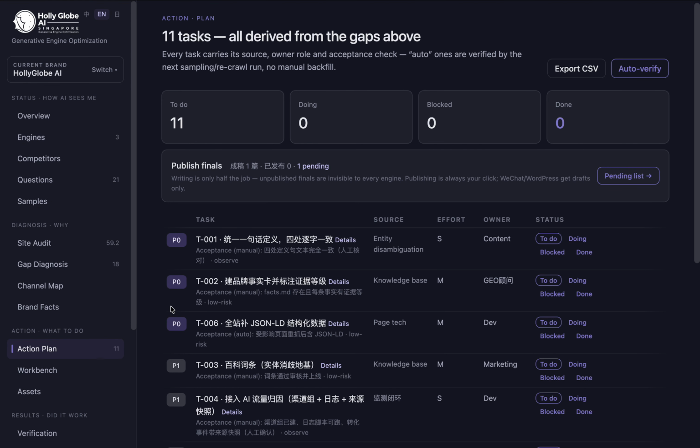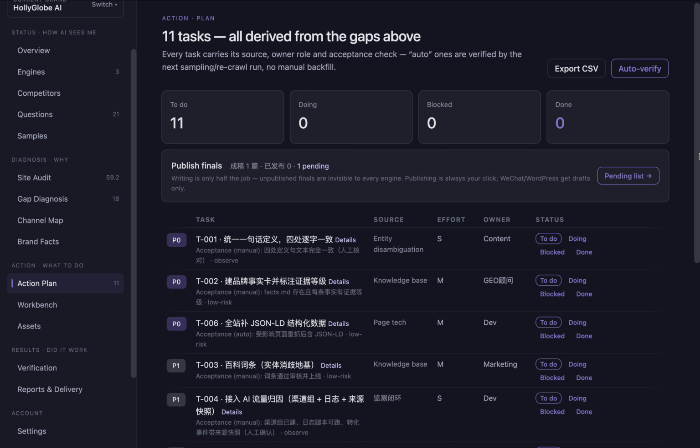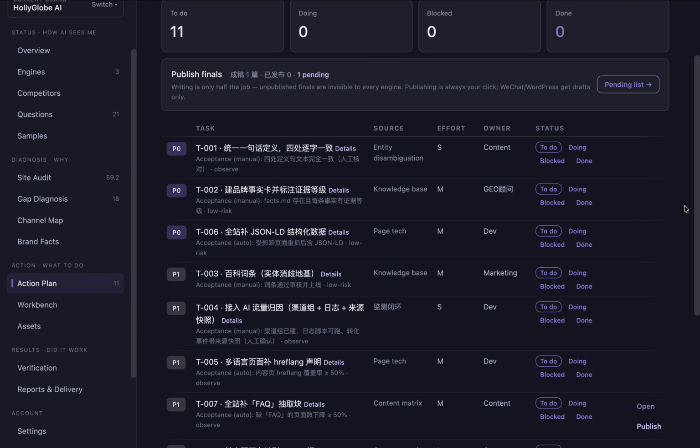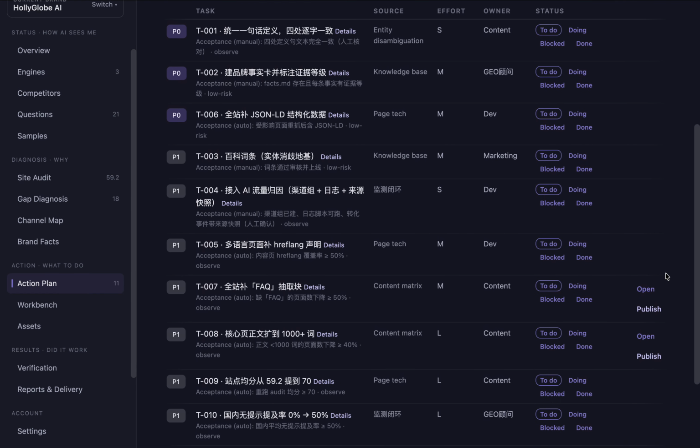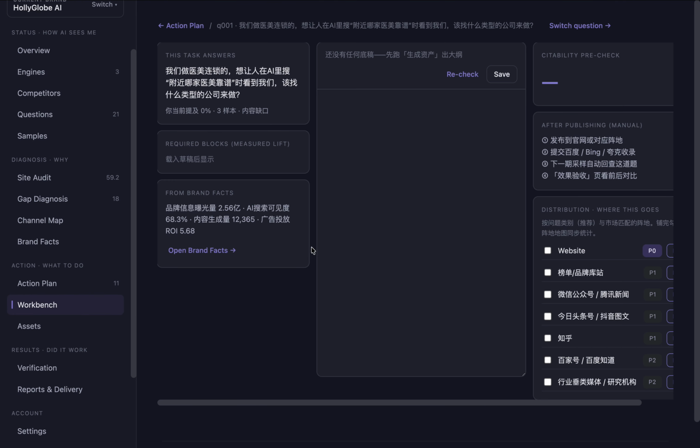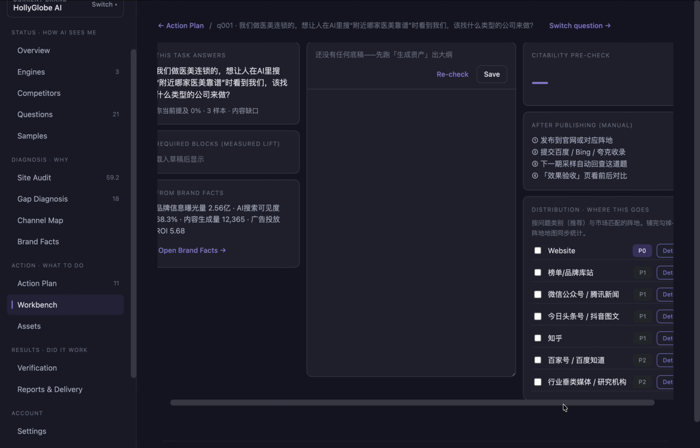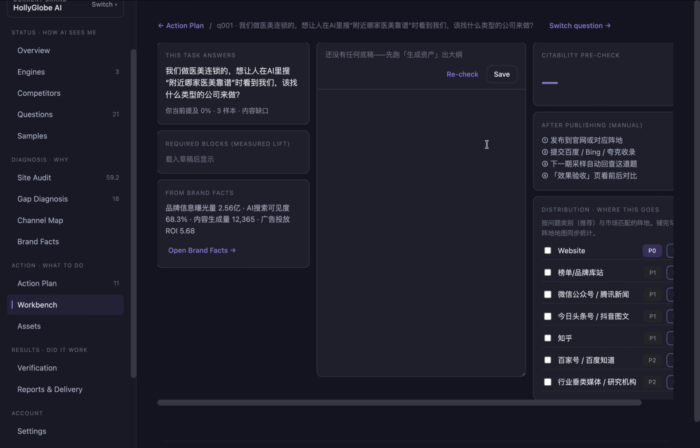The fourth concept is content production and distribution support. Once we know which questions matter and where the brand is missing, we move into execution. The workbench gives us a question-led content workflow. Instead of writing generic blog posts, we write against specific demand patterns, recommendation questions, comparison questions, pricing questions, risk questions,